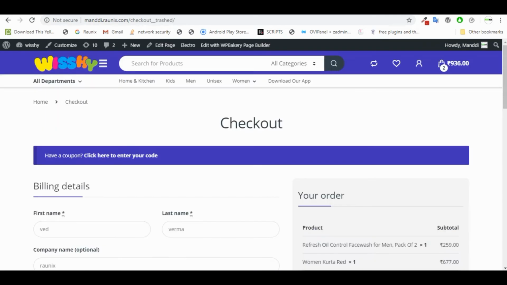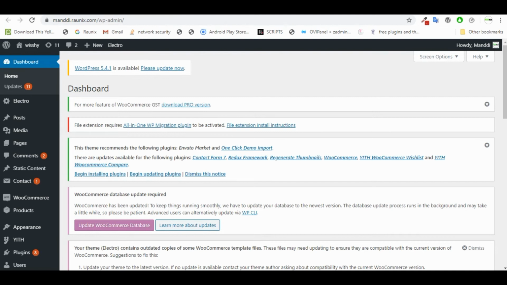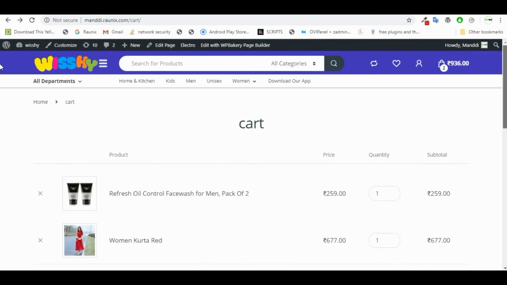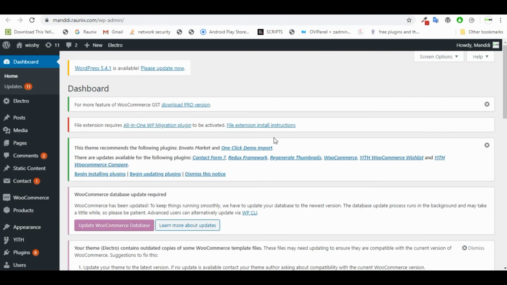So now let's understand how Vishy admin works and how you can add products or customize your website according to you. As you can see on the screen, firstly go to products, and in products we can add products, we can add categories and all.